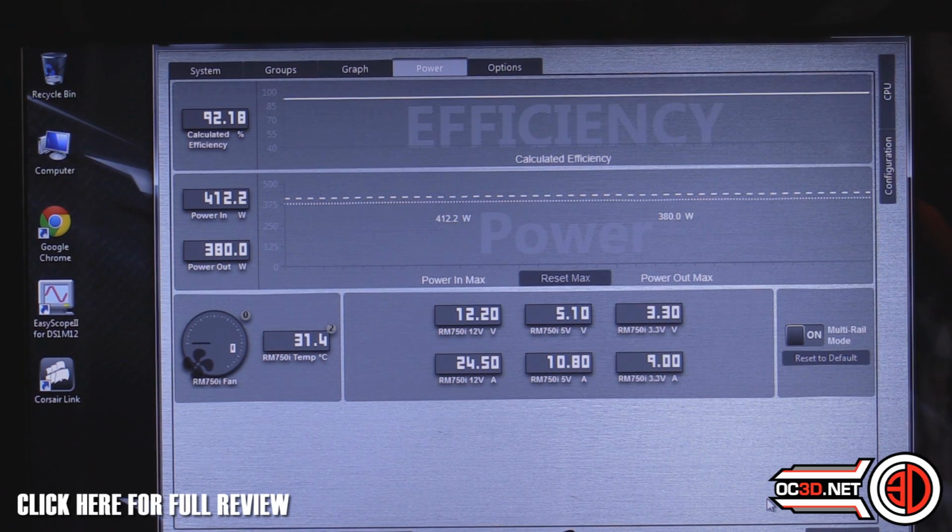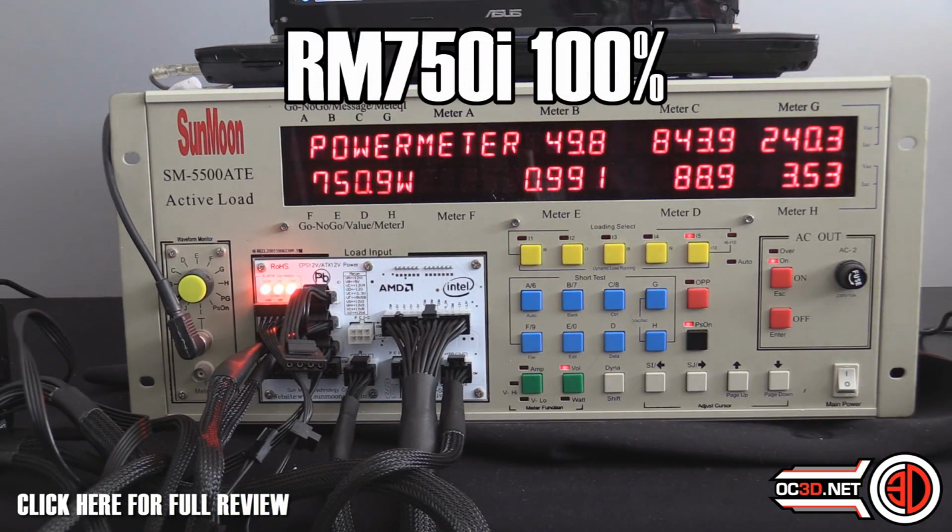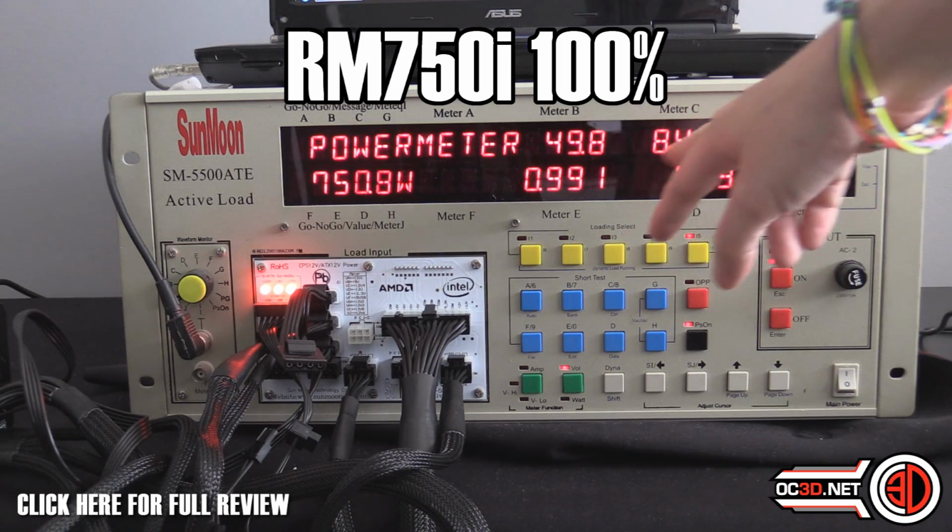If you were a Z97 user, it would be the lower end. So you could be gaming right now with this power supply and a 970, and the fan wouldn't even run. We go up one more time, 750 watts, absolutely max chat. The fan has just started as well. You can see that, meaning that we're pulling